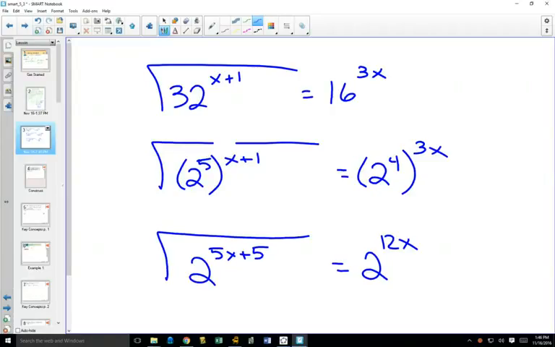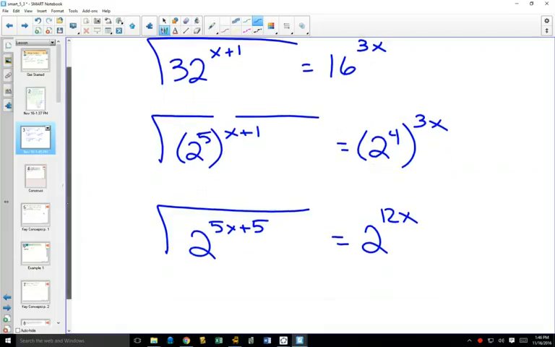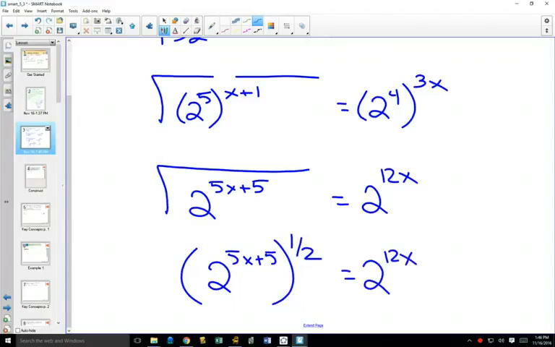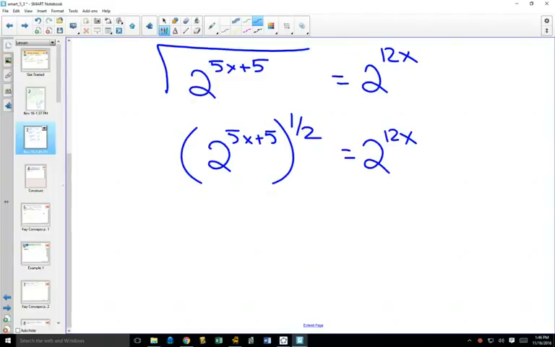Yes? What do you do with that square root? Exponent laws. You could square both sides. Or how do you write a square root? It's a half. So now I could write this as 2 to the 5x plus 5, all to the half, and this is 2 to the 12x. This is a tough one. You asked for the hardest one I could think of without a calculator. This is a pretty good one. How do we deal with that half outside? What exponent law? That half would get multiplied by this, so we now would get